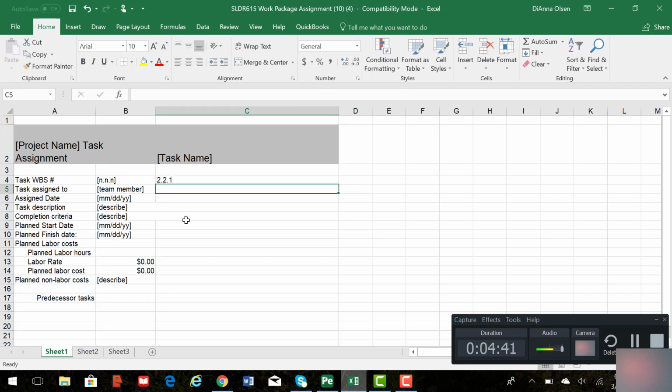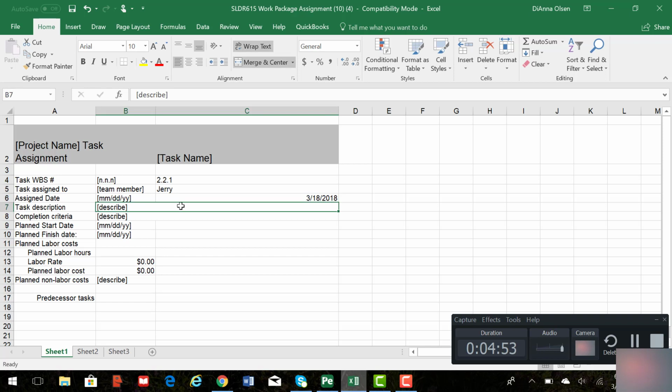Okay, then you're going to decide who the task is assigned to. Maybe it's assigned to Jerry. Maybe the assigned date is the upcoming 18th, whatever that's going to be. Then you're going to put in your description of the task, completion criteria, when you plan to start, when you plan to finish, and how much it's going to cost